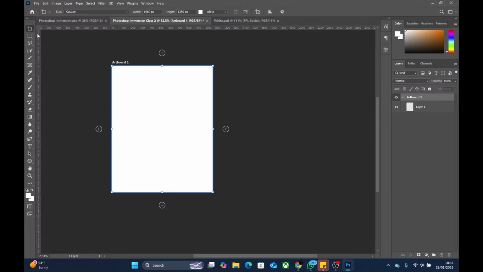The first thing I want you to learn is that whenever you see an arrow, this little arrow, please watch my mouse very well. Whenever you see a little arrow beside an icon like this, if you click on that arrow and hold your mouse, you left click and hold the mouse, don't release your click, it will pop up an extension of that icon. You can see now we have the move tool, and then we have the artboard tool.